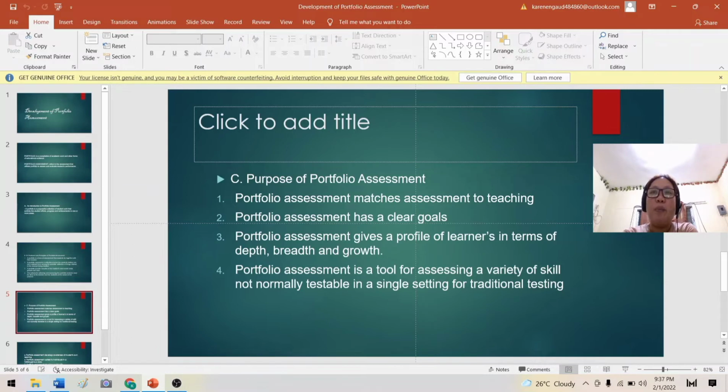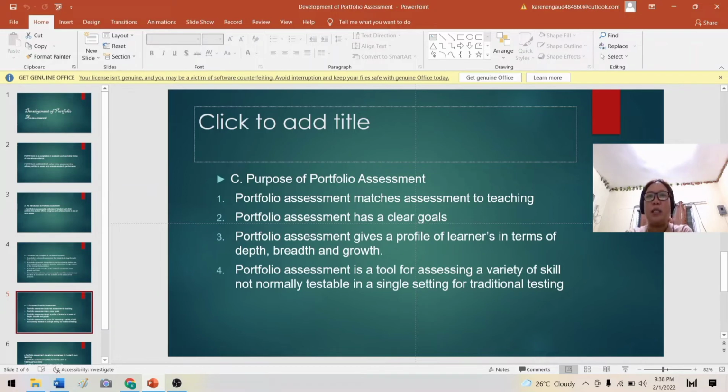So, like for example, si teacher, yung topic ni teacher for today is about living and non-living things. So, dapat yung nasa portfolio niya, output niya noong lesson niya ng living and non-living things. So, the second one is